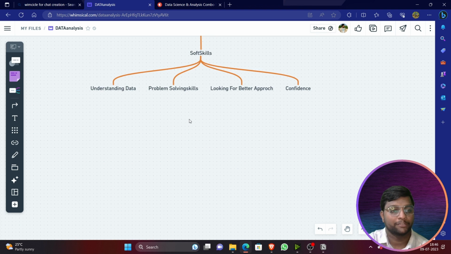So when it comes to the soft skills for data analyst, right, understanding the data, they should definitely know how to understand the data, and how can you create the insights from that, which particular column is useful for you, which is not useful, and why it is not useful, how can you make it useful. You should work on that. And problem solving skills, how you can overcome the loss. Even the analysis reports you'll be creating, you should try to think from the business point of view, how you can solve the issues, how can you overcome that particular problem with some solution.